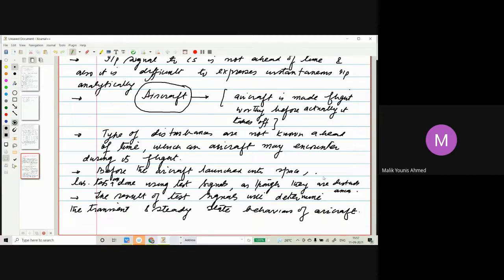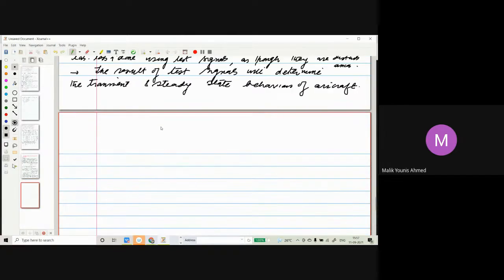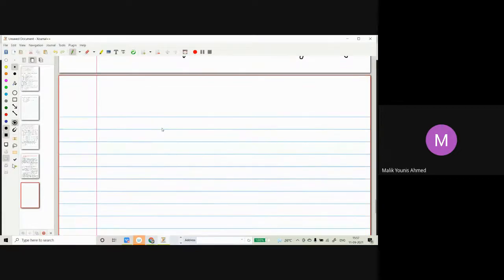So it is very clear, we'll be subjecting this aircraft to numerous tests, and the objective of these tests is